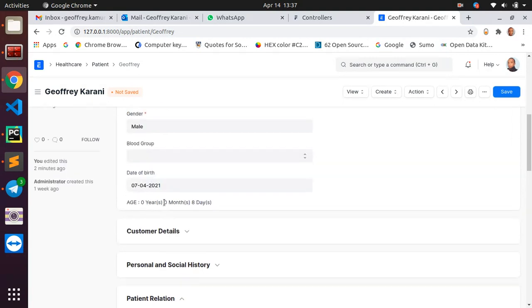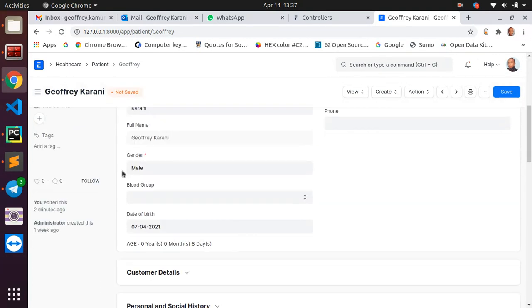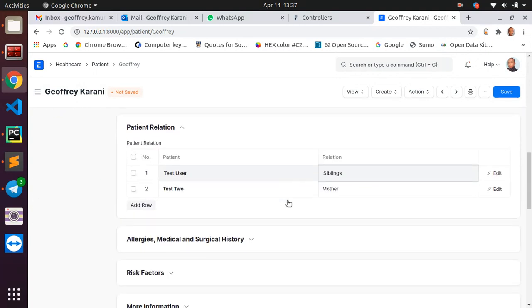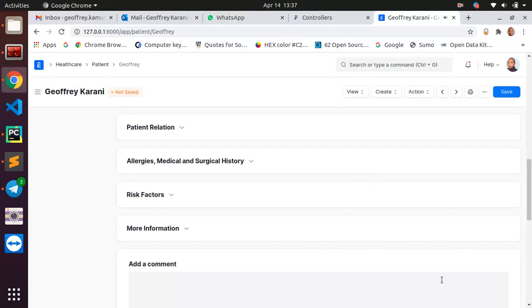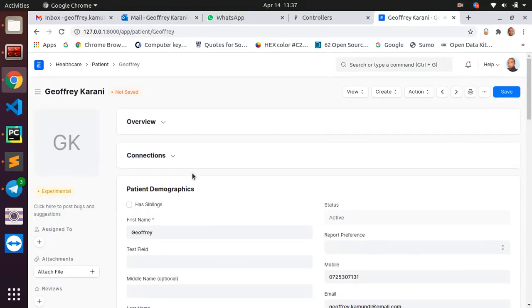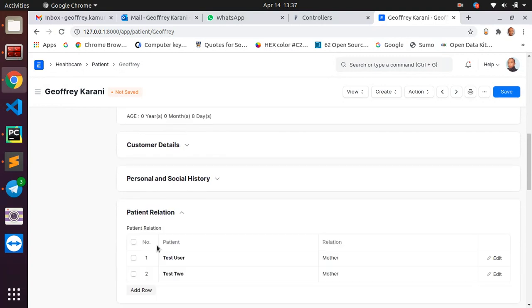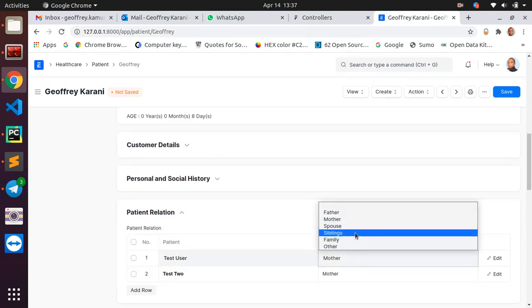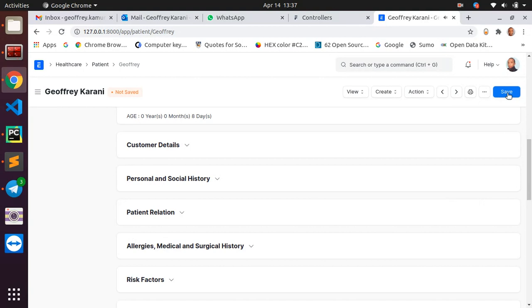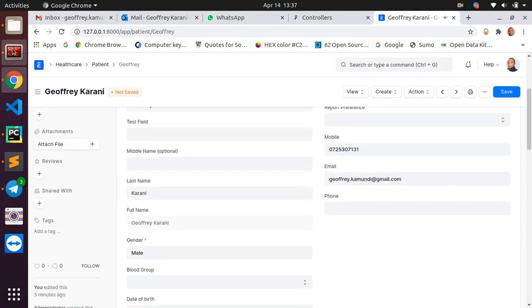So if this one is not checked, it means this patient does not have a sibling, and therefore I don't want this to be able to be selected. So if I do that now, if I save, for instance, let me check this. I've not written the control logic, so I can just select this one is a sibling and save. All right, and this one I don't think the server is running, so